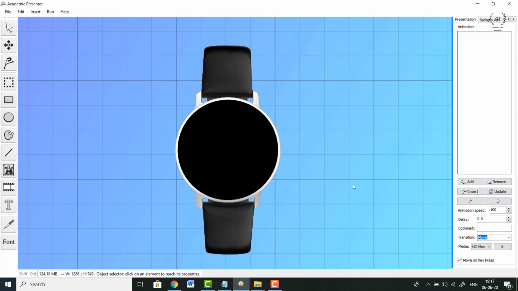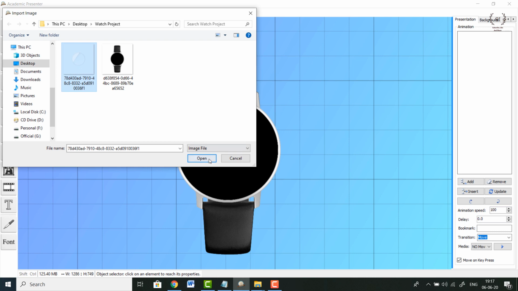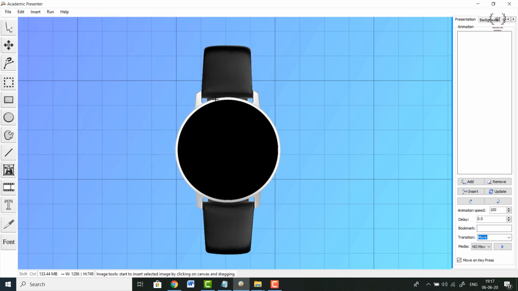Okay, but if you notice, there was a fine line of shadow or reflection on top of this glass. Yes, so we need to add that image also. So go to insert again, click on image and this is the transparent glass image. I will also show you how to make images transparent, that too without using Photoshop, right? But that will be in a video at later sections of this course. So stay tuned for it.